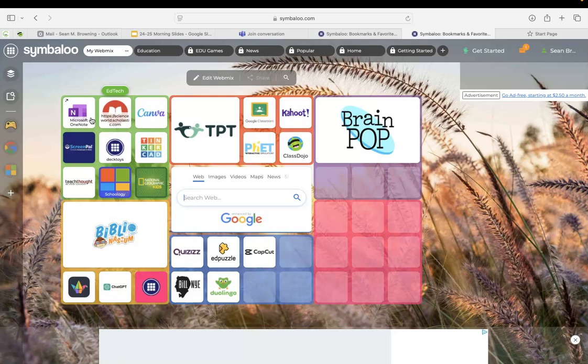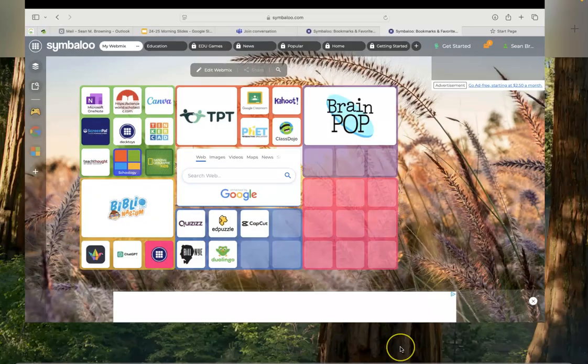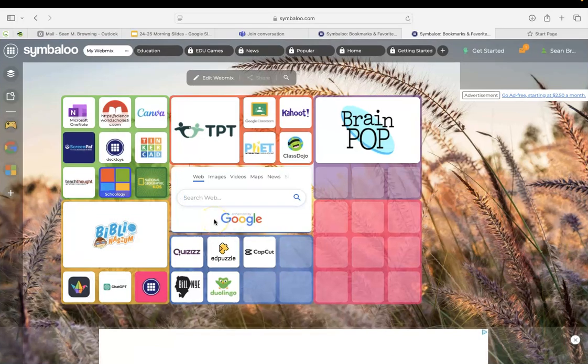So I uploaded a lot of things I'm familiar with, and then there's a handful of things I searched. So I'll just go through. I won't talk about every one in great detail, but just go through the apps that I use a lot. Microsoft, not Microsoft Word, OneNote is a digital notebook. I use that a lot for student work, giving feedback. I think that's great. It's got its own quirks. It's not the best, it doesn't look the most user friendly, but as far as collecting student work,